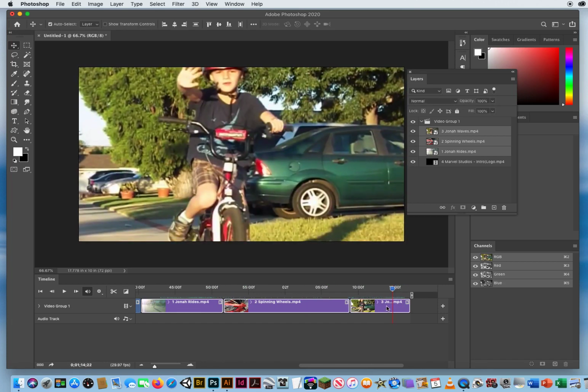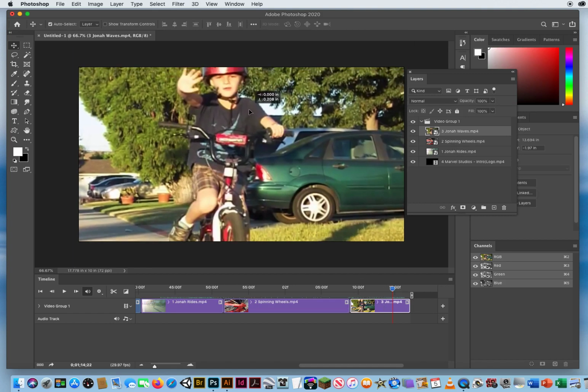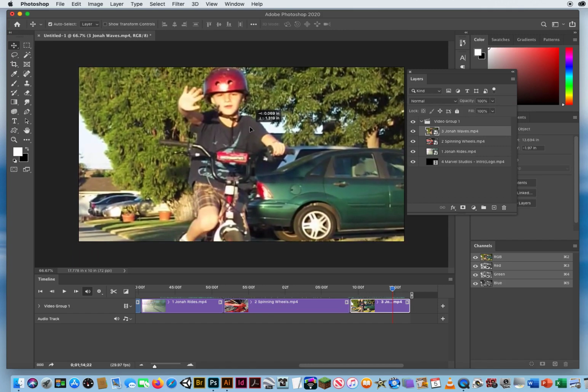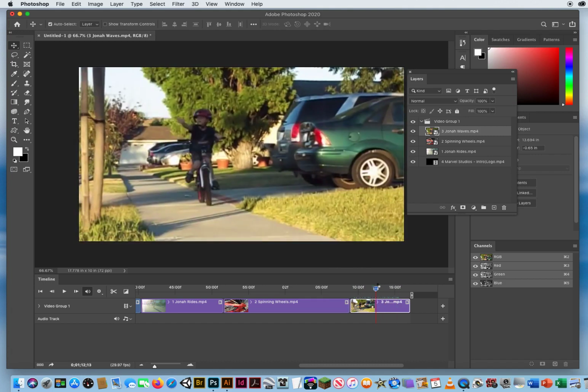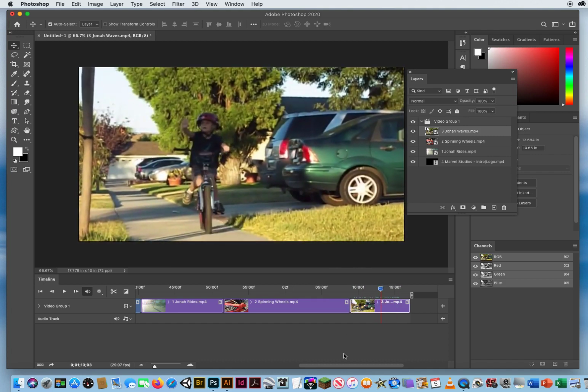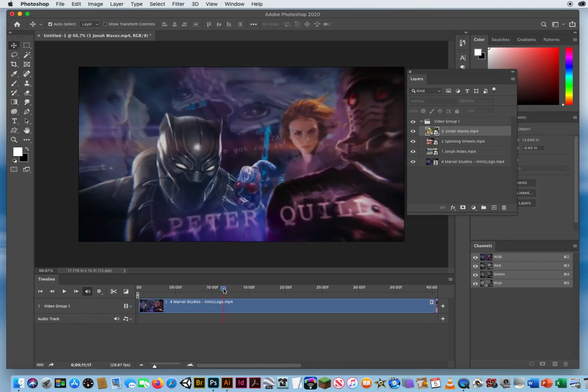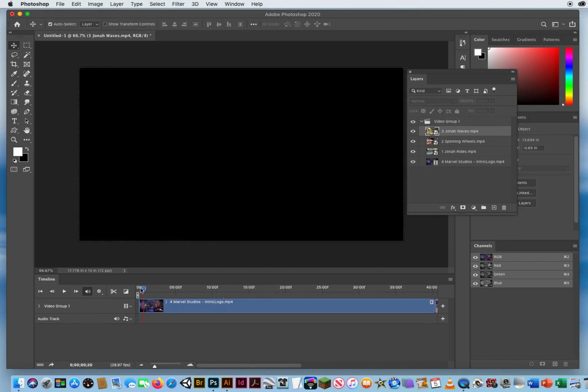Maybe on the third one, I'll click this bar. See, I don't like his head getting chopped off, so I'll just move that video down a little bit more right there. Now I can scrub back and forth and see how he fits in our frame a lot better. Okay, and now I've pretty much got these set up. So I can scroll back to the beginning, click above in the timeline, and back this up to the very,